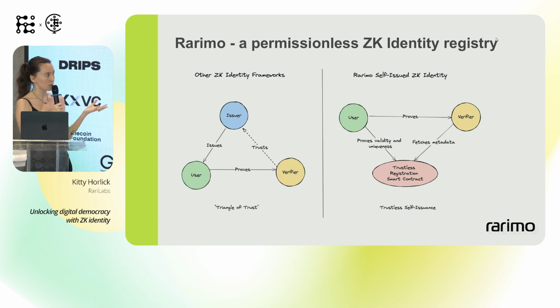And there were also a whole bunch of other downsides associated with this kind of third-party attester model. The first is that it's very vulnerable to regulatory interference. You can be fined, it can be shut down, there can be data requests. But I think even more alarming is that it's not truly decentralized and it's not permissionless. So it perpetuates this system that we're all trying to move away from in identity in Web3, of users having to ask to issue their identity and having to rely on somebody else to give